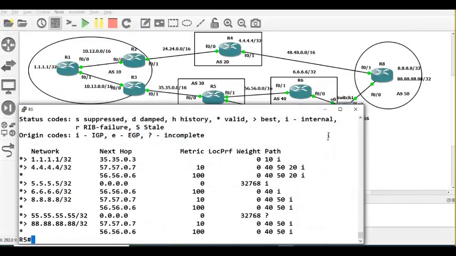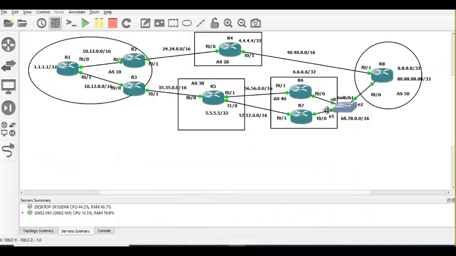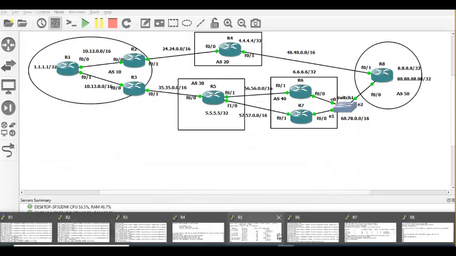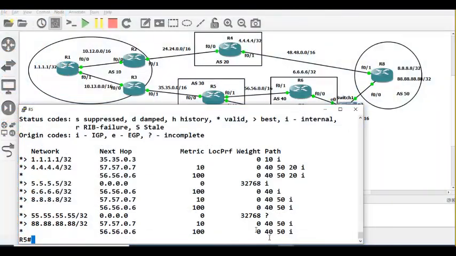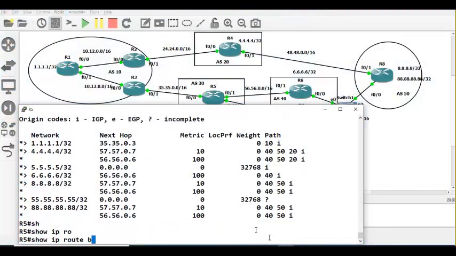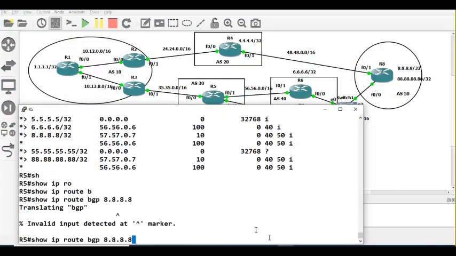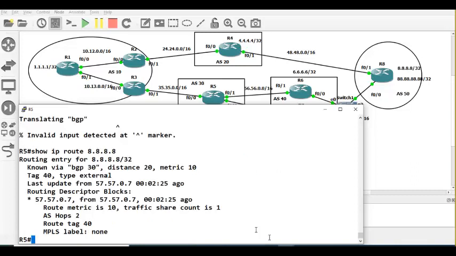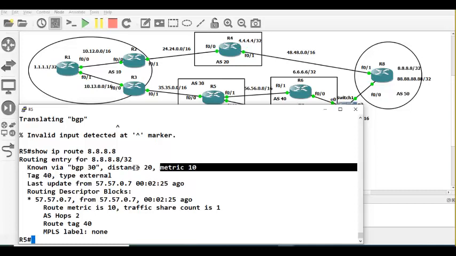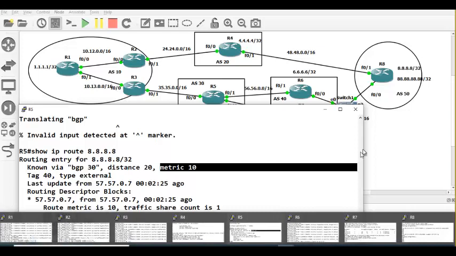So now let me shut down router 7 and show you. Before that, one more time I'll go to router 5 and type show IP route 8.8.8.8. You can see as of now for 8.8.8.8 it goes via router 7 because of MED, the metric 10. But when I shut down router 7,